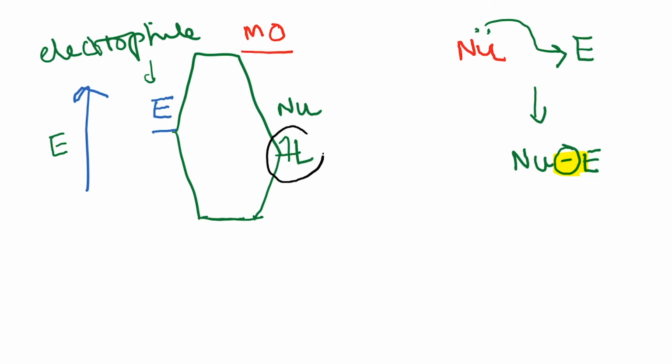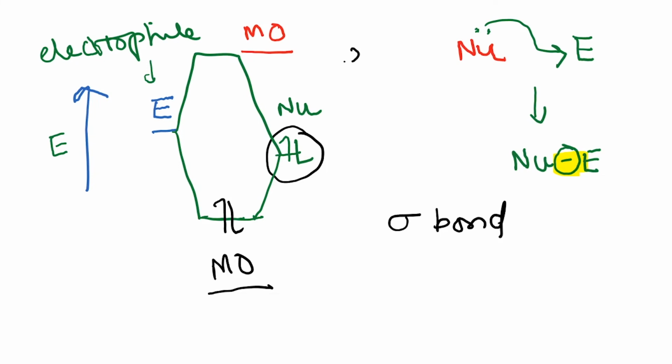So this kind of an interaction actually happens during a bond formation. And now this pair of electrons which was here is going to form a new molecular orbital, and this denotes a sigma bond, for example, right? And if this is a sigma bond, then this becomes sigma star. Okay, so all of this you guys know, so I'm just going to quickly go through this. But the important point to note here is that this gain in stability by loss of energy is what people understand as a driving force for this reaction.